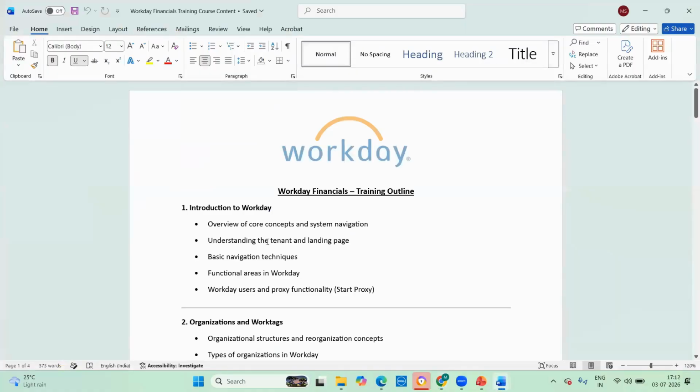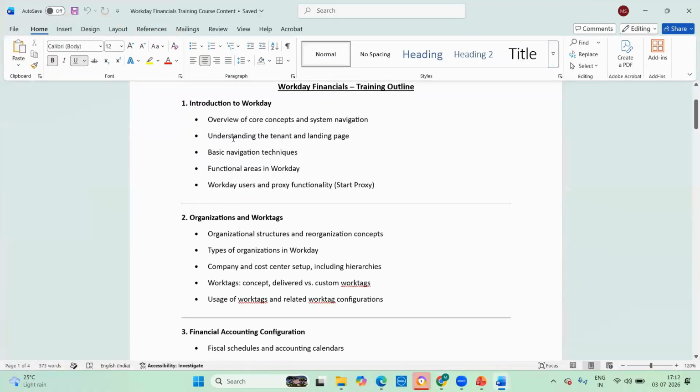So this is the part of the introduction that we would be covering in the training. I'm just giving the very high level, as this is our first demo session. So how the Workday environment looks like. In the training we would be covering what are the types of organization, what is reorganization, what is required